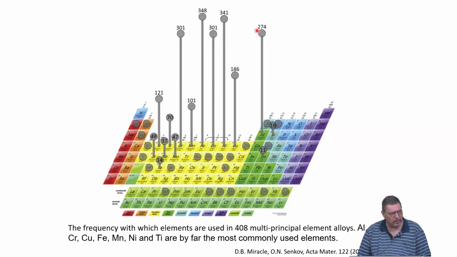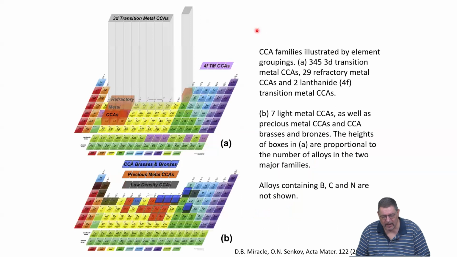This is very important if we later, in a few minutes, come to analyze which are the typical phases of solid solutions, because here you see that it's only a very small number of elements that are used heavily in making these alloys. And so it means that the structures these elements prefer, maybe you can expect, will control also the phase formation in the high entropy systems that are made.